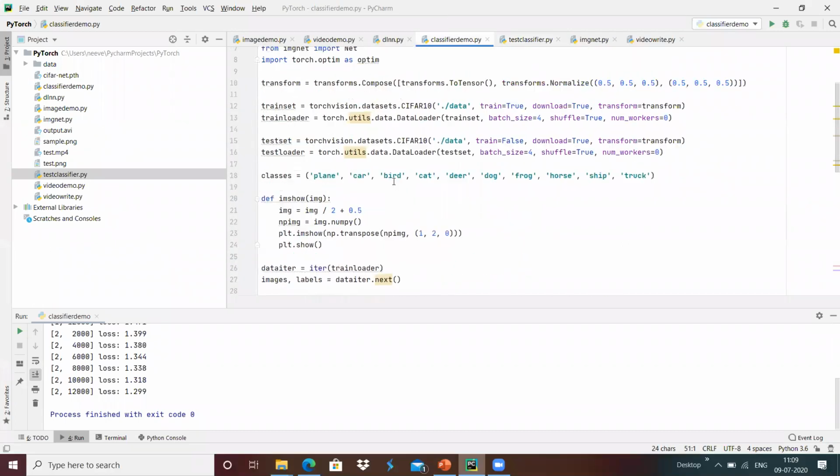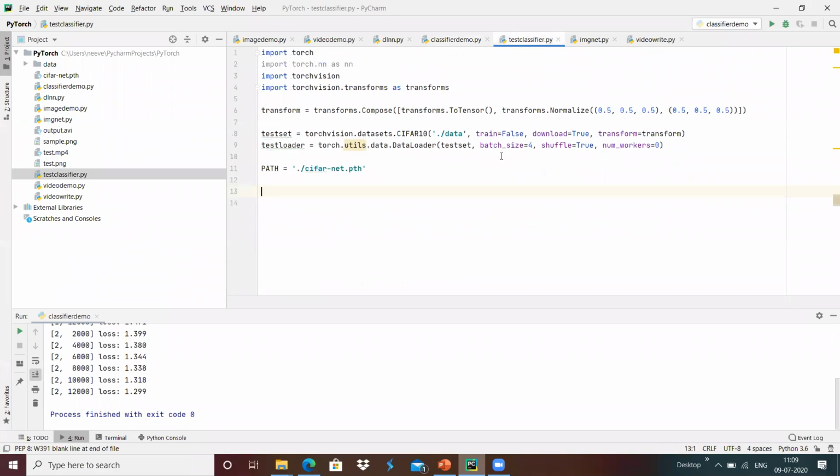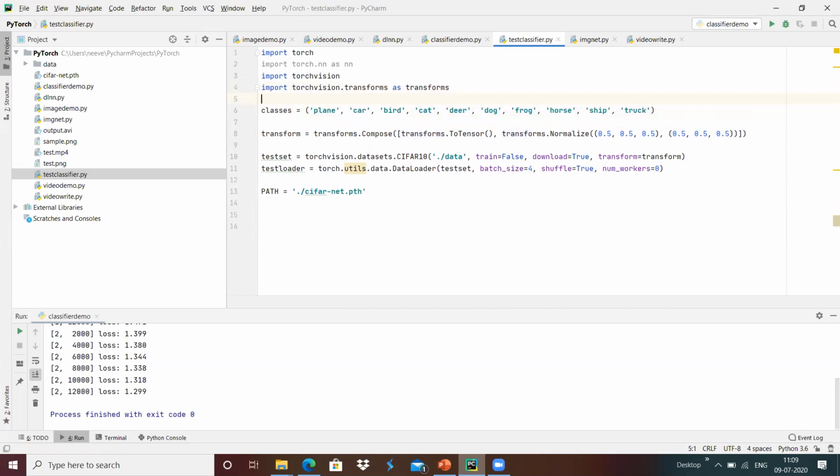The classes are here, so maybe we can use the same classes. I'm having the classes of categories over here, and we have loaded the test loader over here.